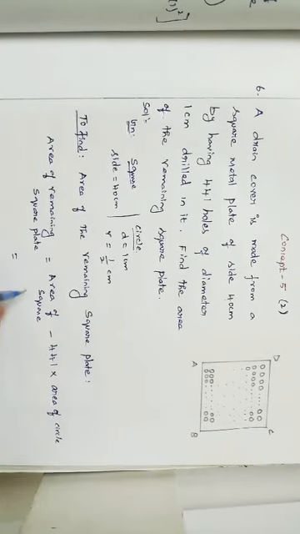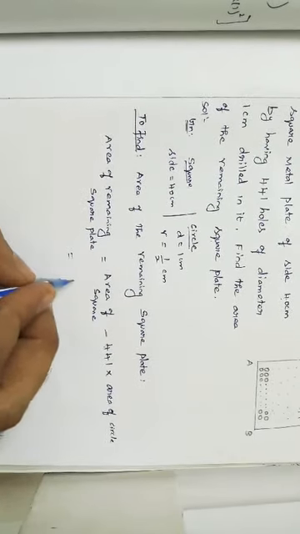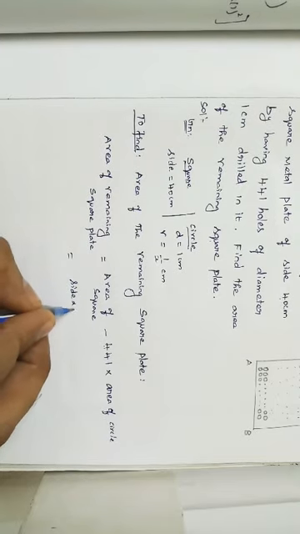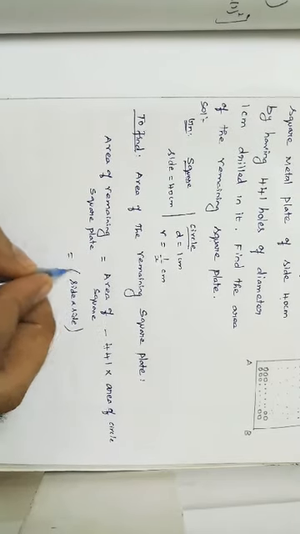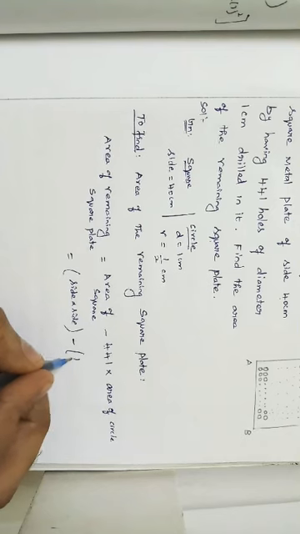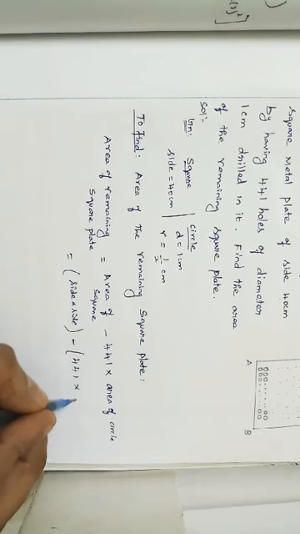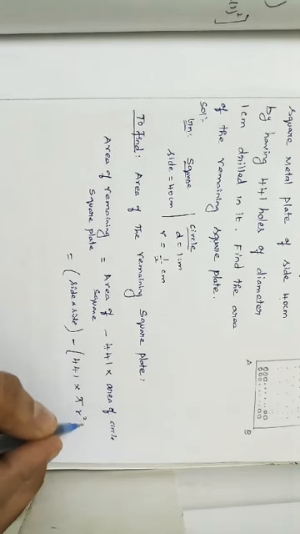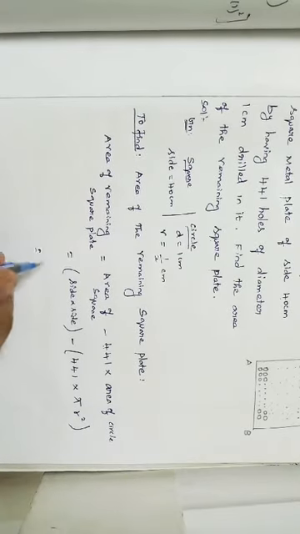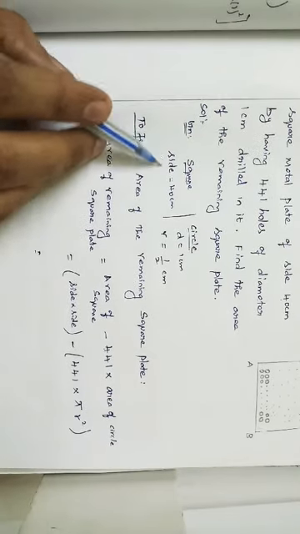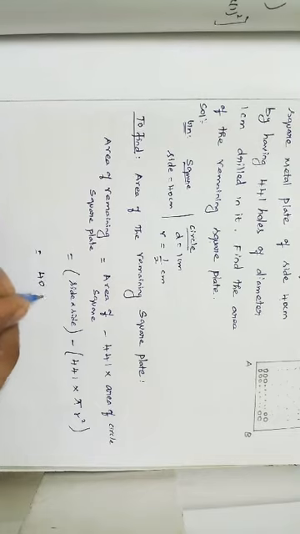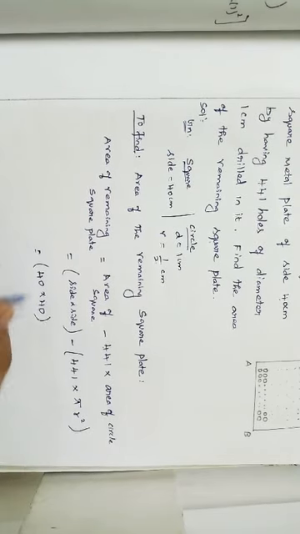What is the formula of area of a square? Side into side, in the bracket, minus 441 into pi r square. Substitute, what is the value of side? Side is equal to 40 centimeter. So 40 into 40 minus